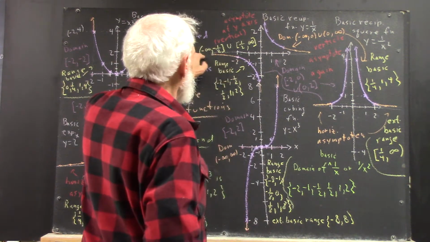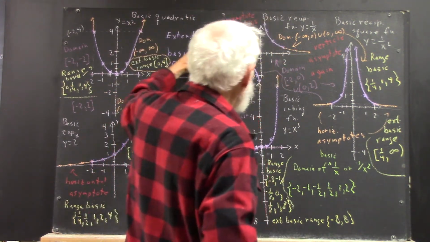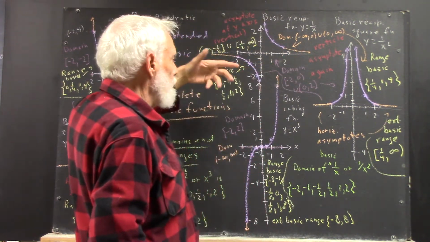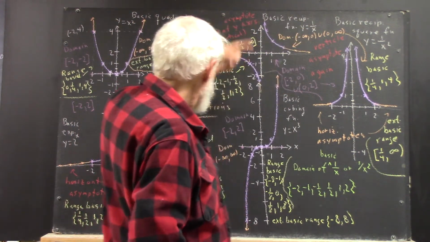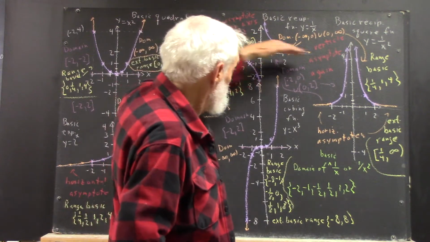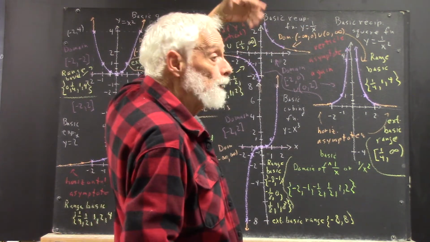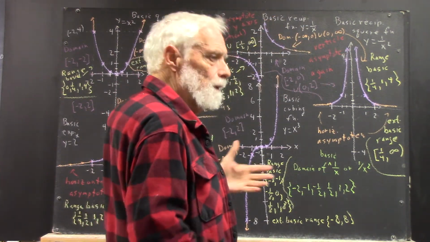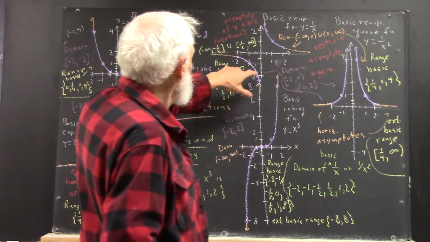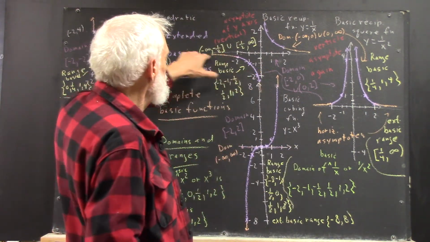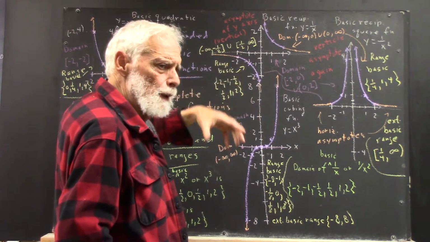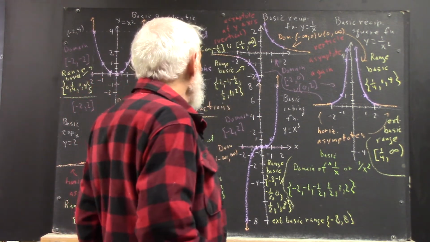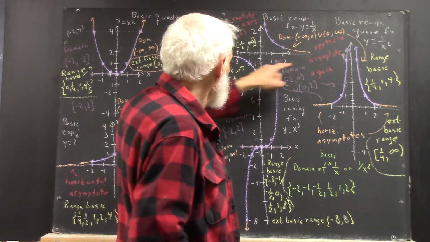And it continues on as an asymptote to the x-axis, because when x is very big, 1 over x is close to 0. Okay? Now, if x is very big in the positive direction, 1 over x is a positive number close to 0. In the negative direction, a big negative number, 1 over x is going to be a negative number very close to 0. So you're going to have horizontal asymptotes,